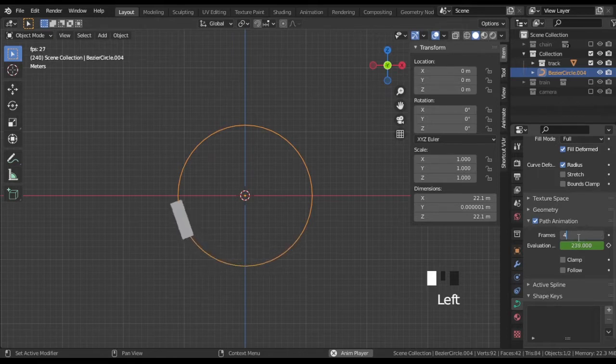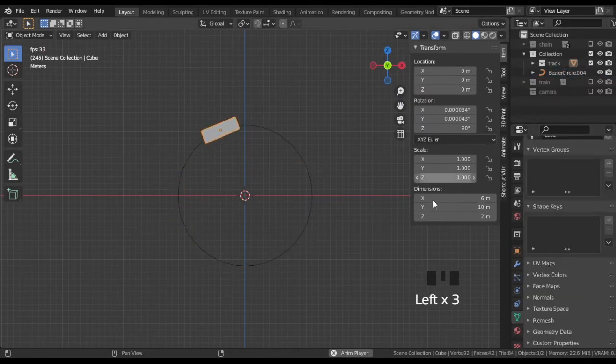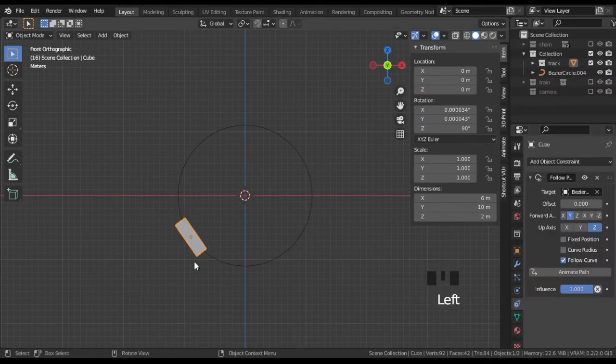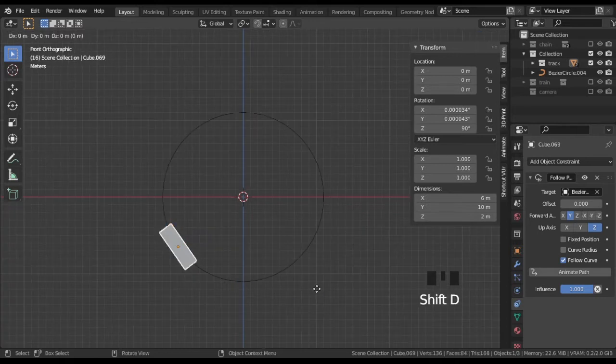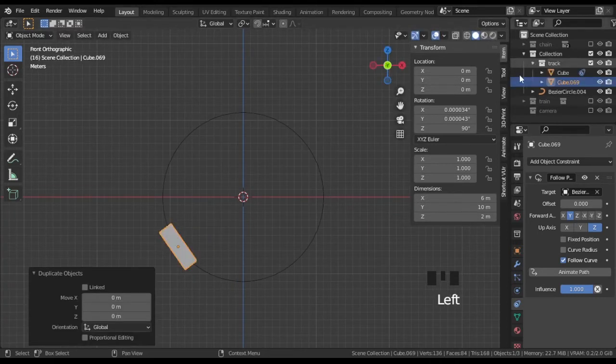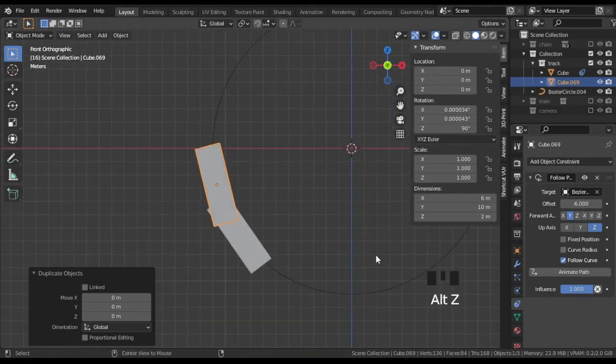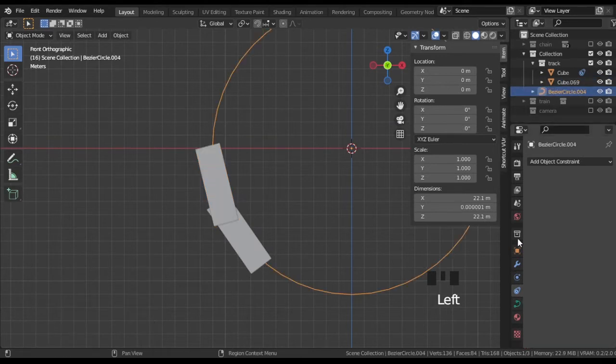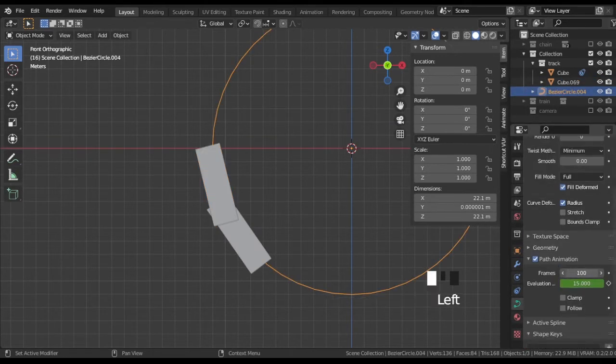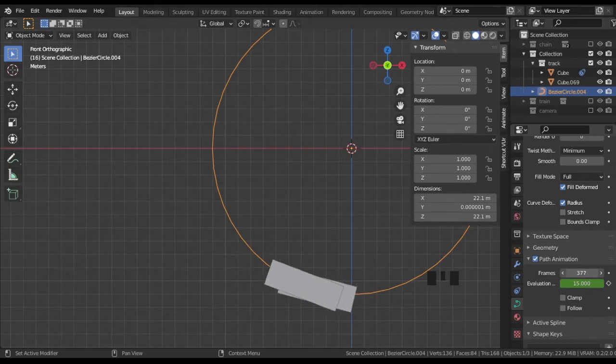It's enough for animating one object following path, but with multiple objects, there will be a problem. To create a track, we will duplicate chain link multiple times. Duplicated links will share the same properties, so there is no need to add and set constraint. To position duplicated links, set offset. When we try to set the speed for two links, they will move faster, but links will overlay with